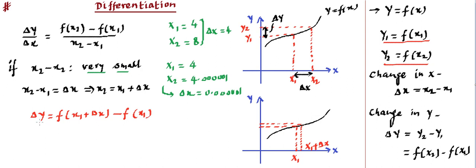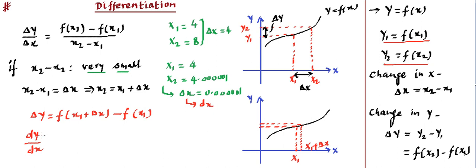Making sense? So that becomes delta y, and the delta x is treated over here, so we can find the ratio. Now this differentiation is defined whenever this delta x is very small. So if we write this dy upon dx, when the value of this delta x is very small, we write this delta by d, so that's called dx. So d is also used for the change, but that change has to be very small. So whenever the change is small, we replace this delta by the d symbol. So when we say dx, that means it's a very small change in x.